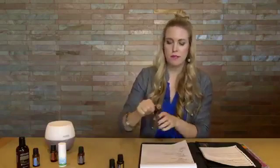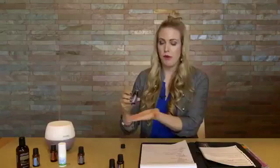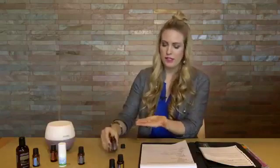If you are out on the go, let's say you're in the car, which many of us moms are as we're toting kids to and fro to different activities, and there is some discomfort and they're not able to quite take some deep breaths, I do what's called the human diffuser, and you just put a couple drops of whatever oil you have on hand. Hopefully it's one of these. You can use Breathe, or cardamom is another one, or Douglas fir, or any of those oils that help create that easy air breathing. You just want to put a couple drops in your hand, rub them together, and then